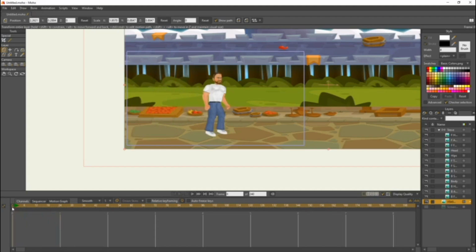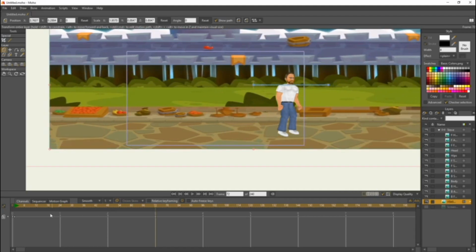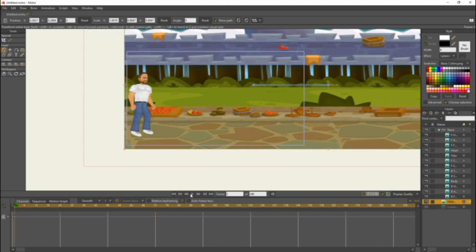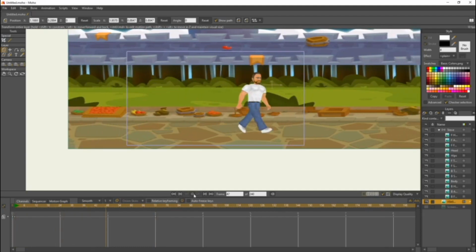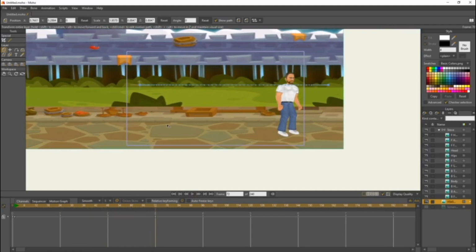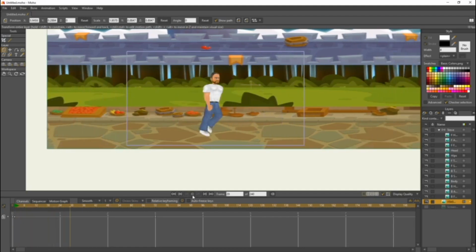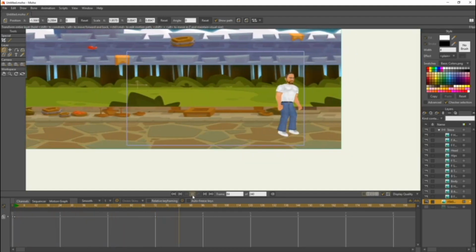But if you want this to move, come to frame 1, click it just to create a keyframe. Just click it, and he stops at frame 72. So let's say we want the screen to move a little bit, like here. It's gonna look like he's moving pretty fast. Maybe we can make this a bit faster. I don't know. Yeah, but that's basically how you animate